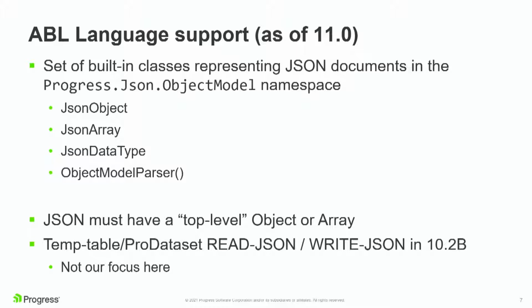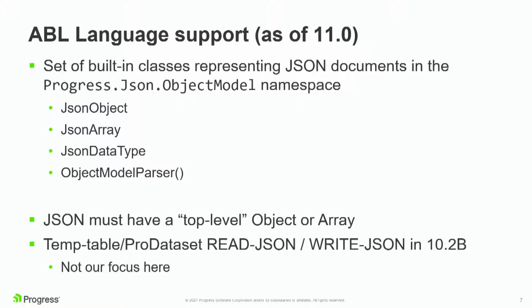So in ABL, there are a number of classes that were introduced in 11.0. Prior to that, you had to do a lot of fun things with strings and tildes and curly braces, and then you forget the tilde before the curly brace, and then the compiler crashes. As of 11, just don't write code earlier than that, but just stick with it.